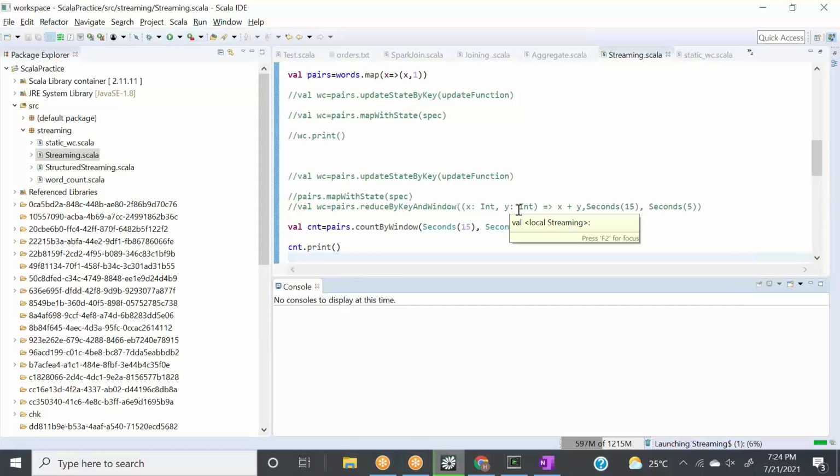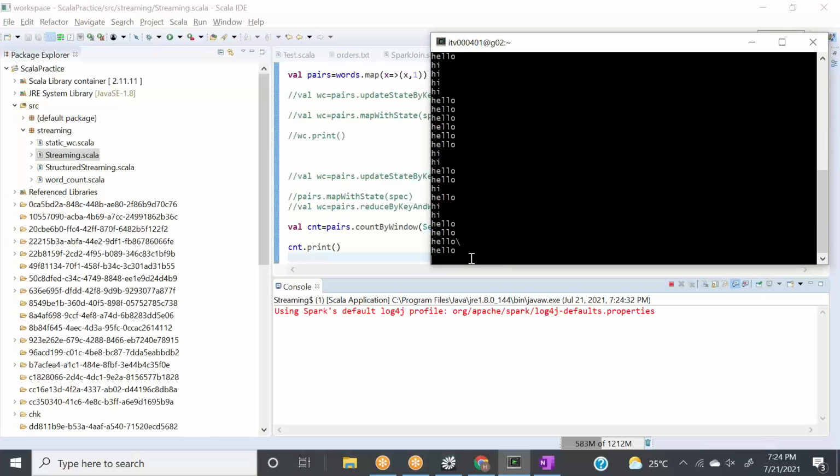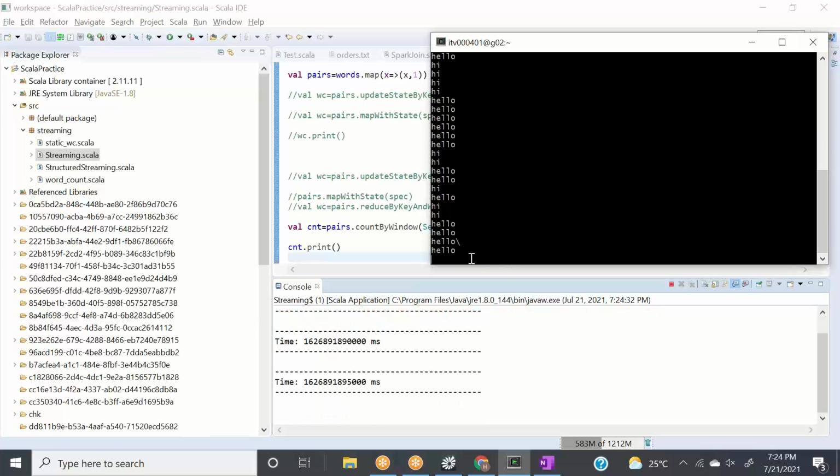Let's open it. Now try to understand that thing. It will be very easy to understand now, because we are not worrying about word counting, we are worried about event counting. It is doing the same thing, but it is just printing the number of events. It takes 15 seconds to create the first event, and it's creating empty windows for us, right?